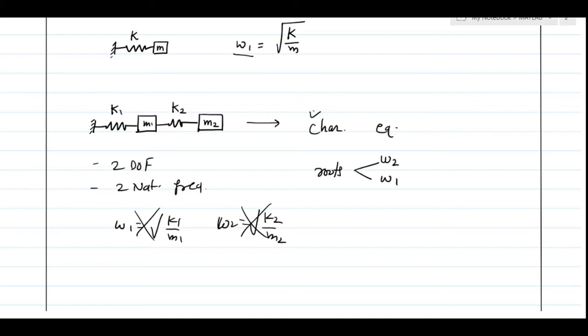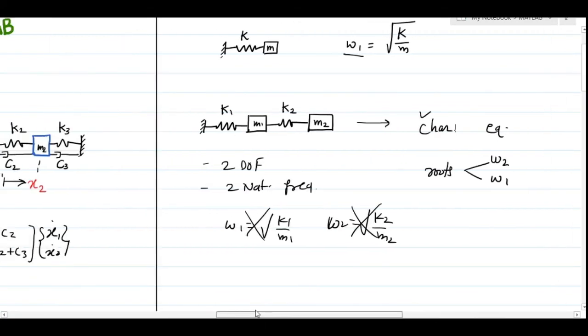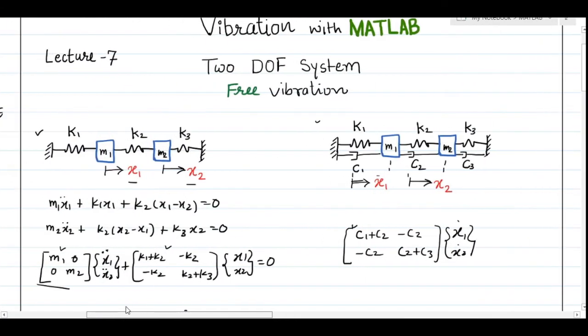Here I am not going into too much detail of what is mode shape, eigenvector and eigenvalue. That part we will cover separately. But here you should know that for a 2 degree of freedom system there will be two natural frequencies. So quickly go and see the state space formulation for a 2 degree of freedom system, and then we will see the MATLAB program.